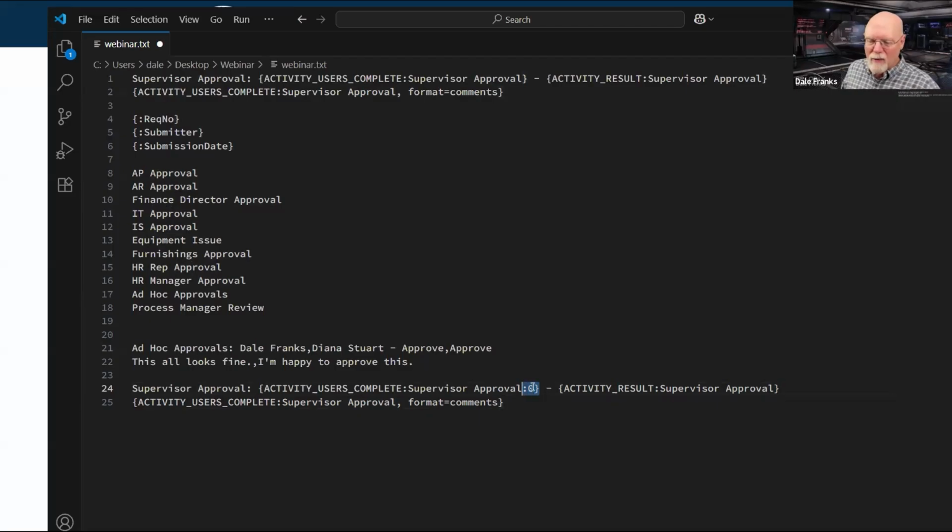This would be something that we would have to investigate. And I'll look into it if you're interested. If you know how to do it, hey, tell me. If you don't know how to do it, then fine. I'll look at it a bit later. But I know for arrays, it just escapes me off the top of my head. I just know that usually for arrays, I can do the :0, :1, :2, and it pulls the index back off of that array. My assumption is that that would also work here with activity users complete that returns a comma separated list, but that may not be true.